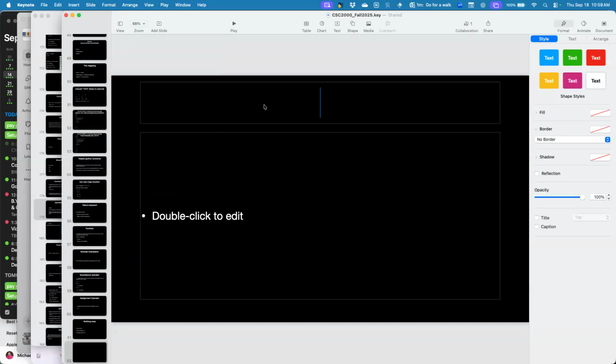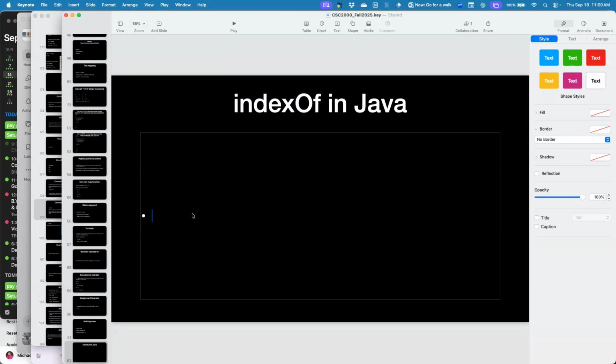I want to say maybe in Python it's find is the function, but let me just use the function called index of from Java. So, index of in Java. Every language has an equivalent. I guess it's possible that there might be some languages that don't actually have an equivalent, but basically every language has an equivalent to this. This function,